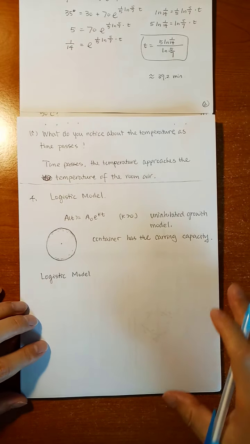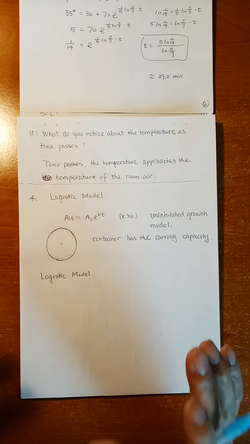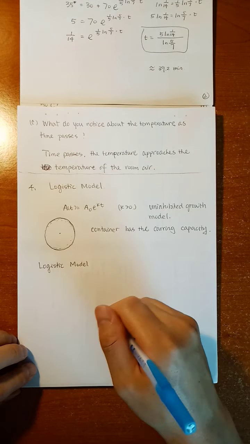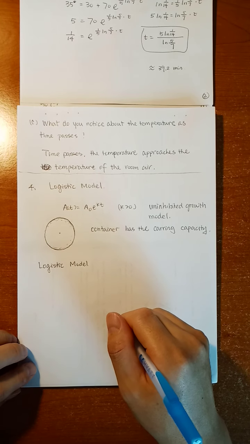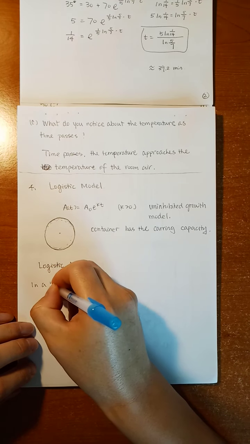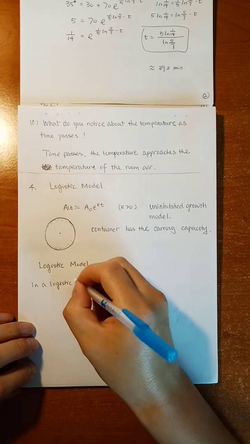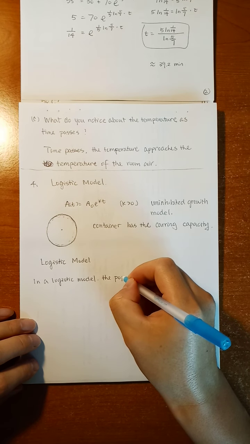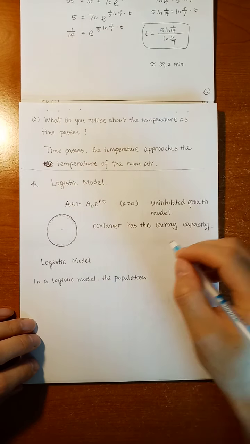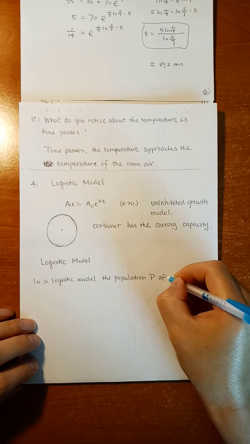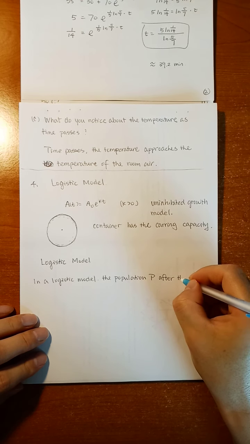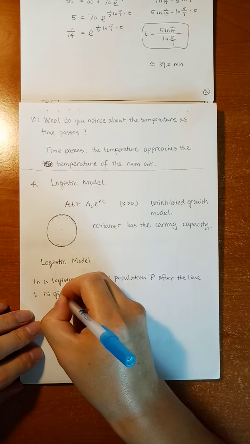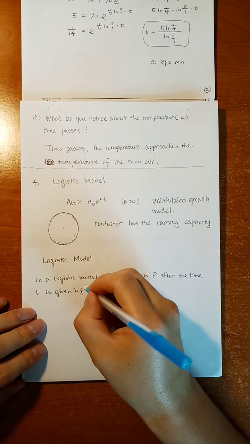Why do you have a logistic model in the following form? That will be answered in calculus. We don't answer why you have such a thing here. We just assume we already know this. So in a logistic model, the population P after the time t is given by the function